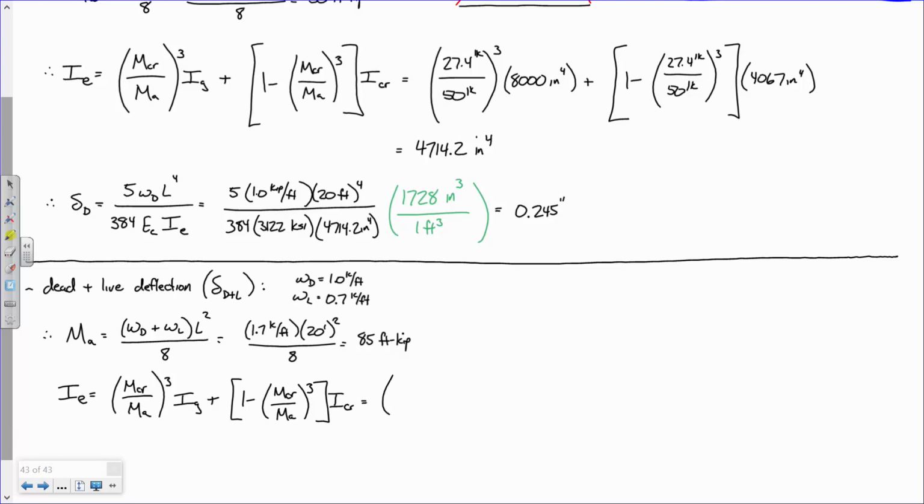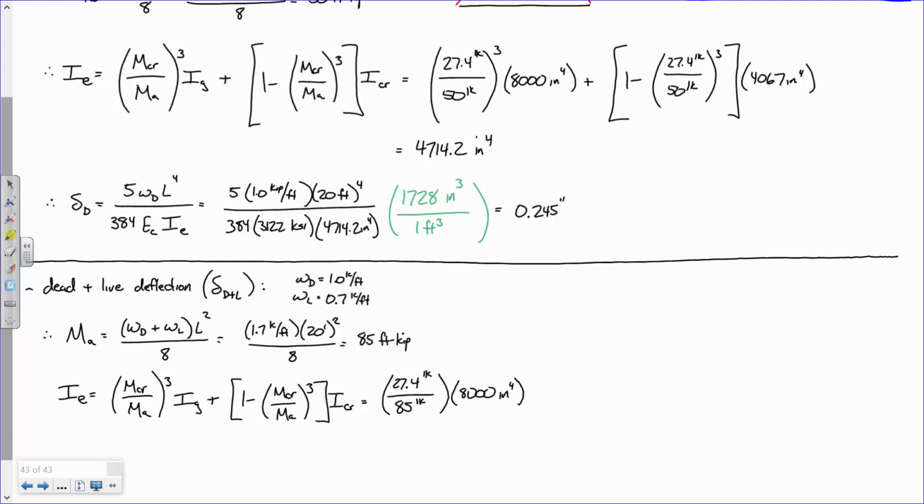So notice how if you look up top on the screen, the only thing that changes is MA. All the other three parameters are constant. So 27.4 foot kips divided by 85 foot kips times 8,000